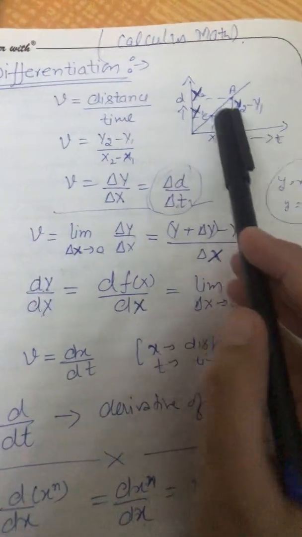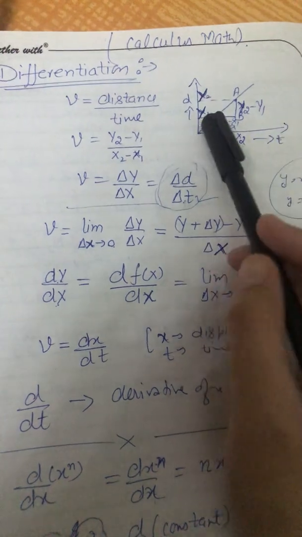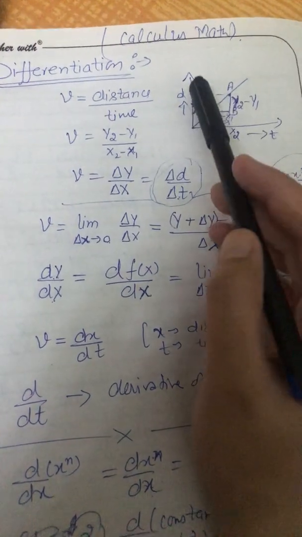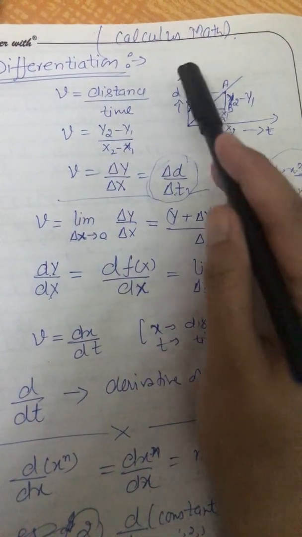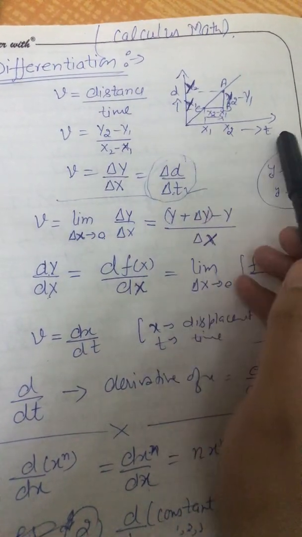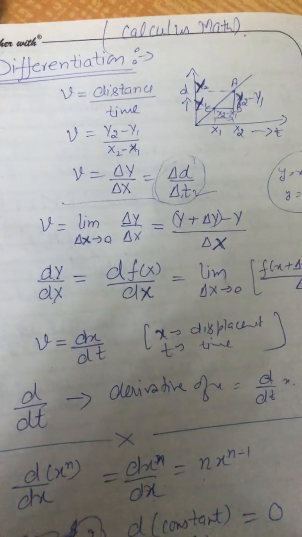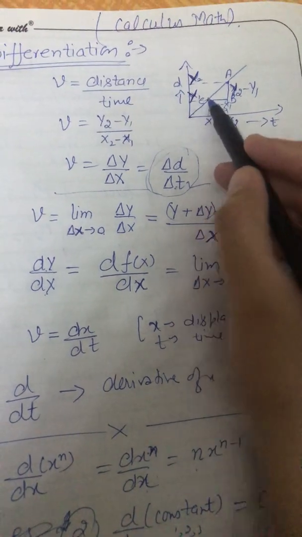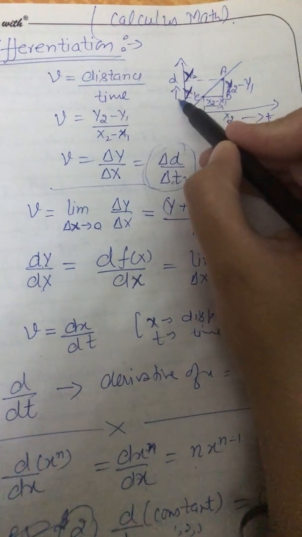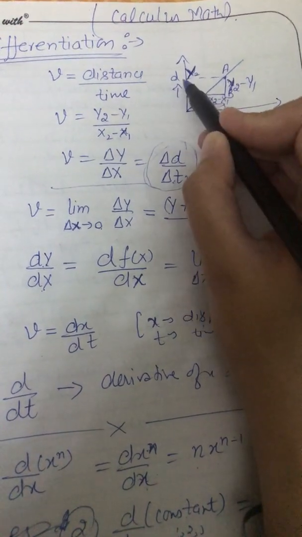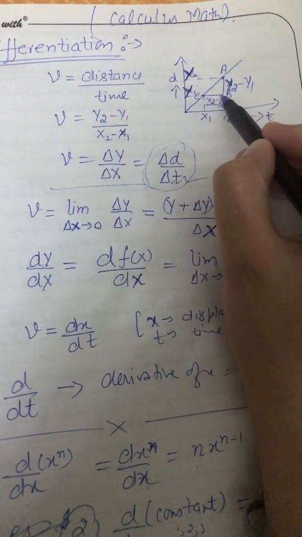Let's say we are representing a uniformly moving object with the help of a graph, its distance-time graph, and its result will give us the velocity. Along the y-axis we have taken distance, and along the x-axis we have taken time. So on this curve, a body has moved from B to A on the distance axis. This is referred to as A and this is referred to as B. A body has moved from B to A.